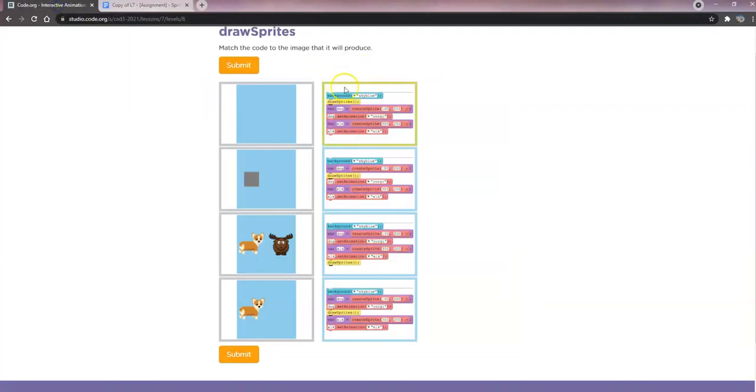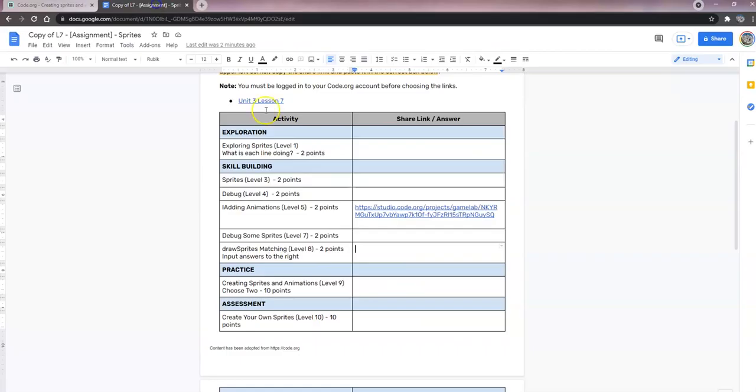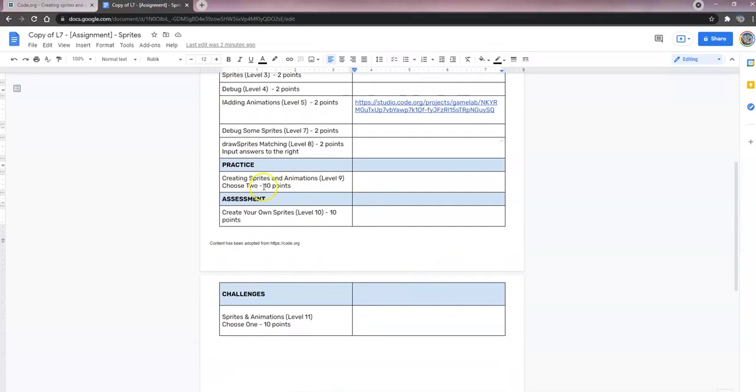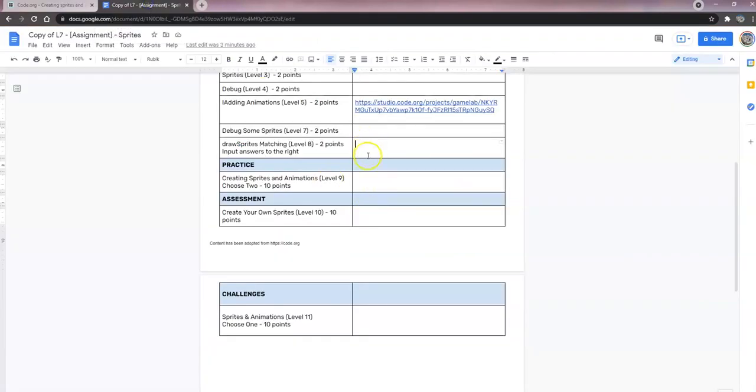Once you're done with that, then go to 9. And 9 wants you to choose 2. So that means they're 5 points apiece. You can do the where are the sprites, sprite animation, sprite name, sprite order, fish scene, or combine ideas. I think I would probably either do A, B, C, D, or E versus F. F is probably a little more difficult, but you can do whatever 2 you want, but you need to choose 2,